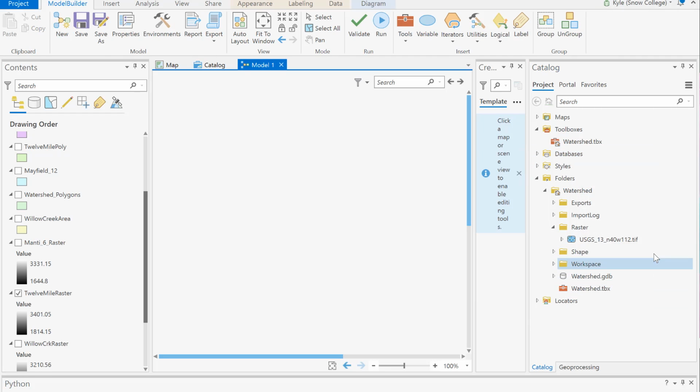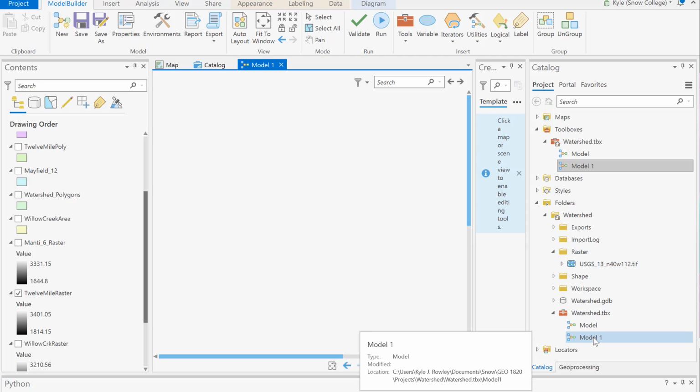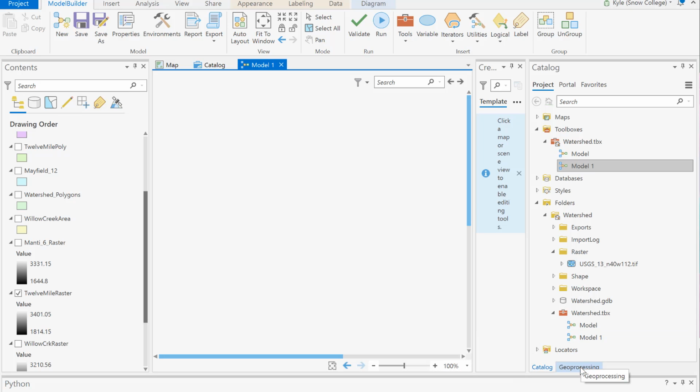model. And by default, it's named Model 1. And if I added more models, it would continue to rename these as Model 2, Model 3, but you can give them a specific name as you go and select Save As. From within Model 1, let's go ahead and add tools as if we were going to